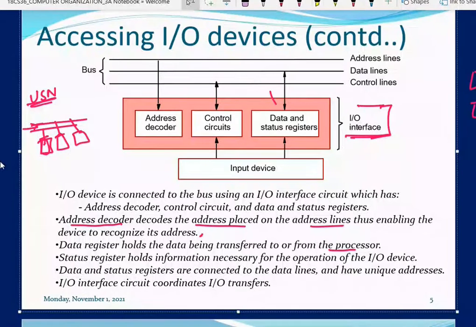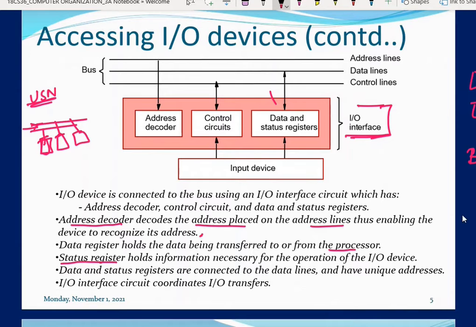Next, we have the status register. We have already discussed the status register. So why do we need this status register? The name itself tells, it is going to tell the status of the device. So just recall, I am using that topic from the beginning of this class, basic IO operation. In this concept we have used a particular flag to indicate whether the input device is ready or the output device is ready or not. So what is the flag? That is SIN to check the input status of the device, and SOUT to check the status of the output device. Where are these flags located?